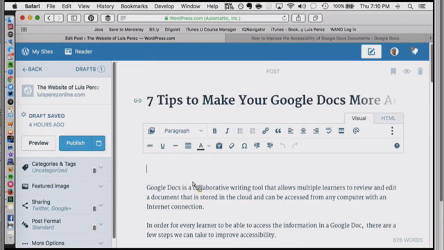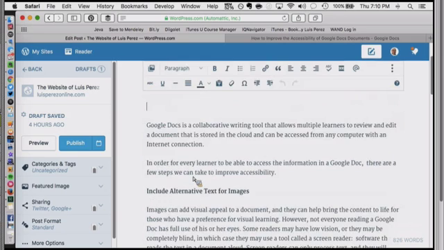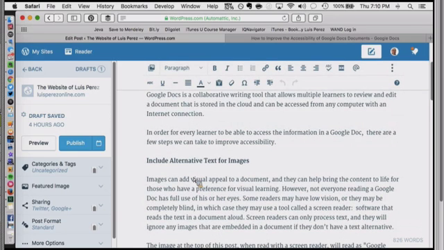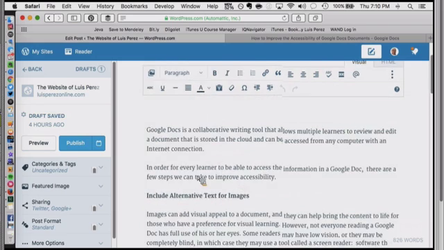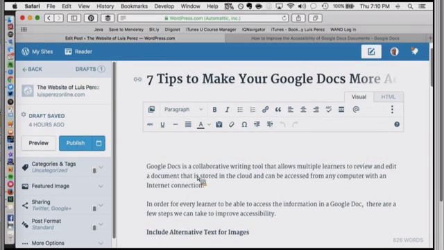So what I'm going to do today is I'm starting a blog post here for a Global Accessibility Awareness Day. And I'm just going to share with you a few tips for how I can make this blog post more accessible. This is a blog post, but it could just as easily be a web page that I'm creating with WordPress, because some people do use WordPress as their website creation tool. I do. In fact, my website is created with WordPress as a website, not as a blog.